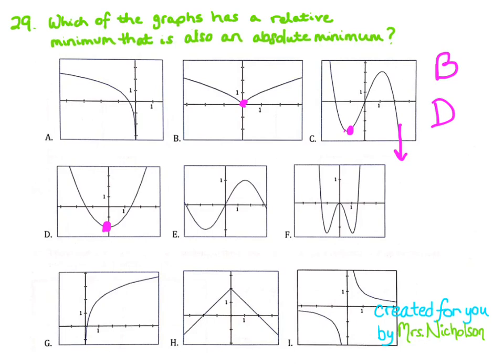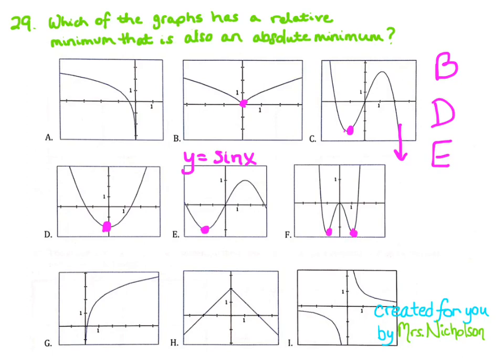On graph E, this graph is a little tricky. Probably should have made the graph itself bigger. It's supposed to be a graph of the sine function, y equals sine x. And if we look at it as sine x, then this is a relative minimum, and it's also going to be the absolute minimum. It's just going to occur infinitely many times as the periodic function repeats itself. So E is an answer, but if you didn't have that one, it's really not the best cropping of that graph. F